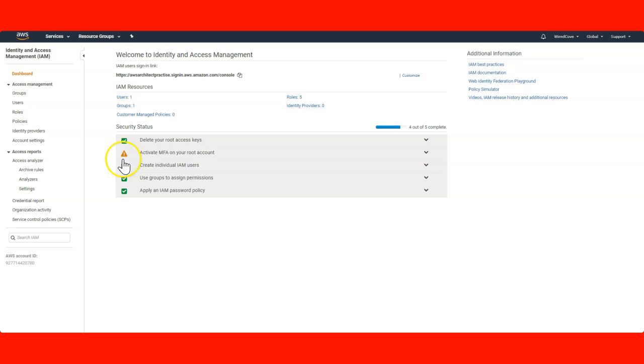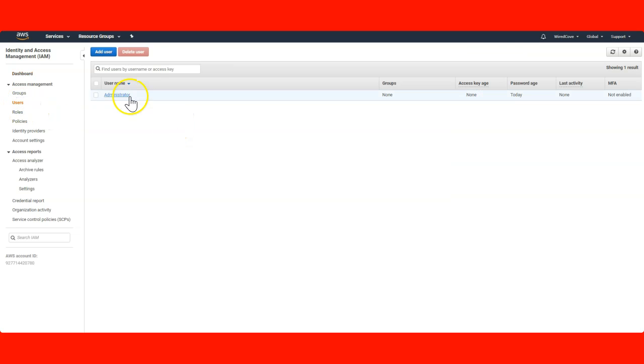So this is the process of how to change from the warning sign to the green icon for your root account. This is the activity we have done for our root account only, because it is always recommended not to log in with your root user unless it's necessary. Other than that, you should use your administrator account, which has all the permissions to your AWS.